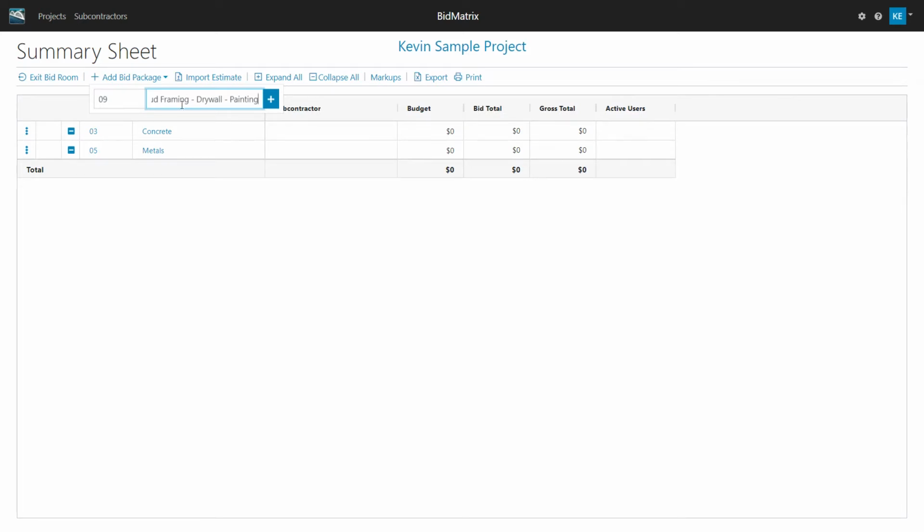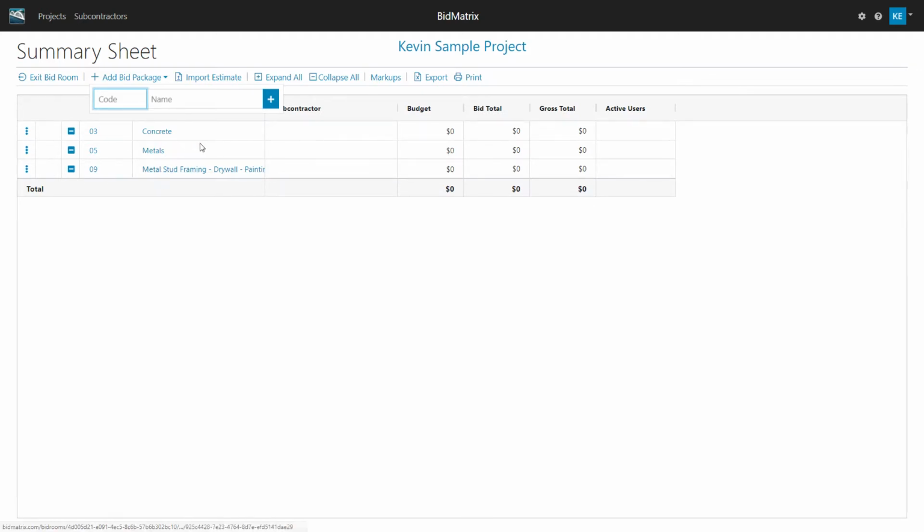And basically, all I'm doing is typing in a number and hitting enter, and it just keeps that window open. So that way I can just put them in there as fast as I can. So that way it just sets up what my groupings are going to be, as far as how I'd like to group different bids that come in and so forth. So I can put like things together to get the analysis between different things without having to analyze everybody's bid on the exact same sheet.